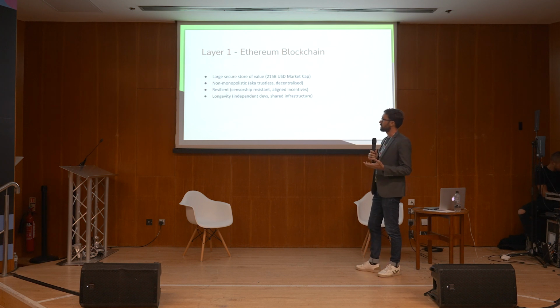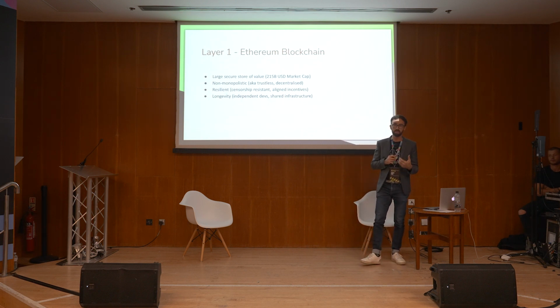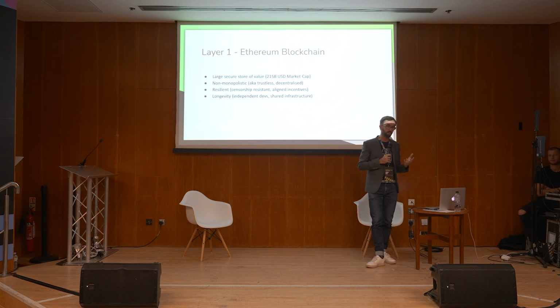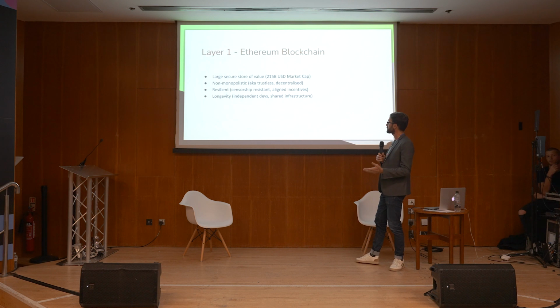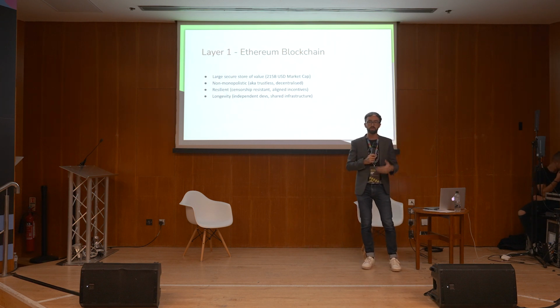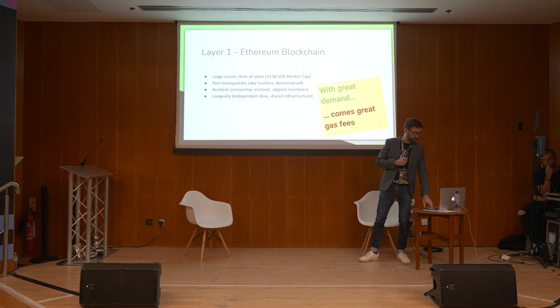I look at it as a large secure store of value. So I try to find other terms to describe Ethereum or a layer 1 blockchain like Ethereum. A blockchain is non-monopolistic, so that ties into trustlessness and it being decentralized. It's resilient, so it's censorship resistant, but also you have individuals who have aligned incentives working together on it. And similar with longevity. If you've got independent developers working towards those shared goals, they're building a shared infrastructure. So there's just a higher likelihood of that persisting without any centralized control. So those things are sort of necessary to have this strength, if you will, of the network to secure such a large amount of funds and not be hacked.